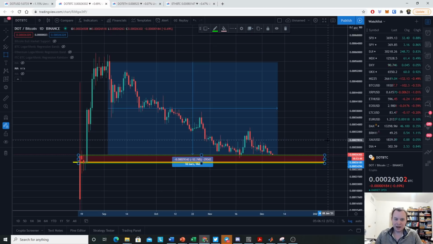I mean, the market cap for Polkadot is significantly less than Ethereum by about an order of magnitude. Now, I do contend that Ethereum is a lot safer of an asset. It's a lot less risky, and I hold way more Ethereum than Polkadot. But if you're looking for Ethereum hedges, obviously we talk about Cardano as one of them. Polkadot is another viable option, I think, if you want slightly more exposure to the market.